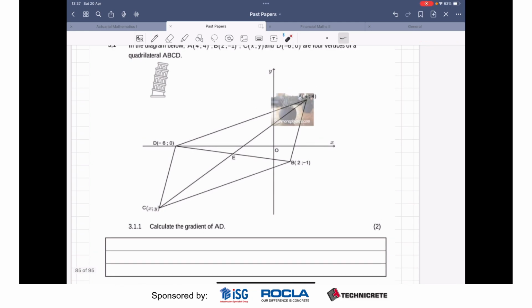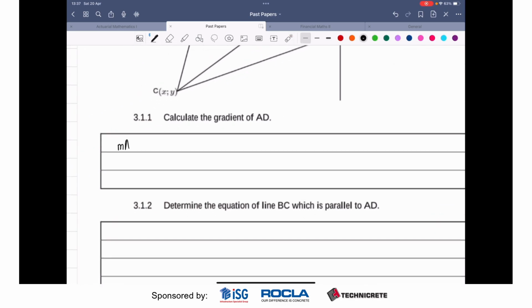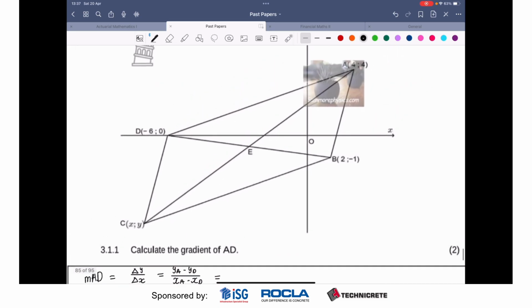So we want the gradient of this line here, and we know that the gradient is equal to rise over run, which is the change in the y value over the change in the x value. So m of AD is equal to the change in y over the change in x, which means I'm taking the y value of A minus the y value of D divided by the x value of A minus the x value of D, and I was given these two coordinates, so the y value of A is 4